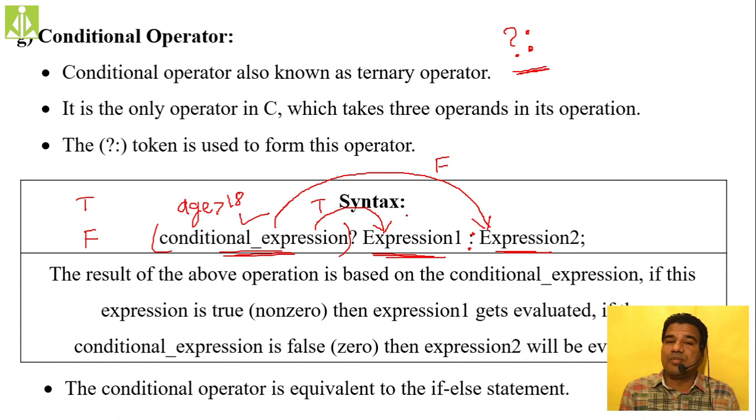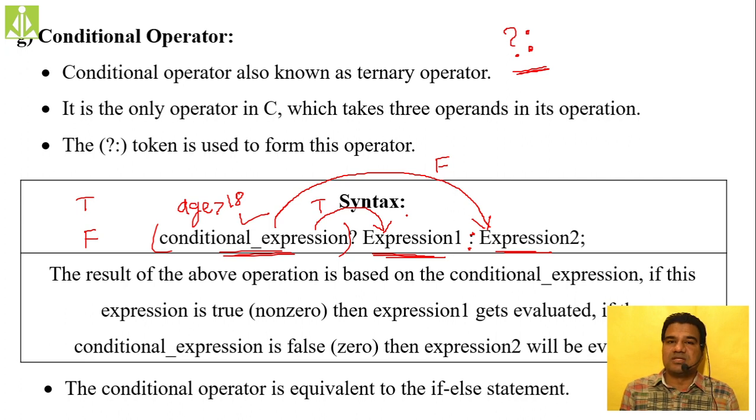See, this ternary operator is a shorthand notation for your if else, or two-way conditional statement. Remember this one: your conditional operator is a shorthand notation for a two-way selection statement, two-way decision making.